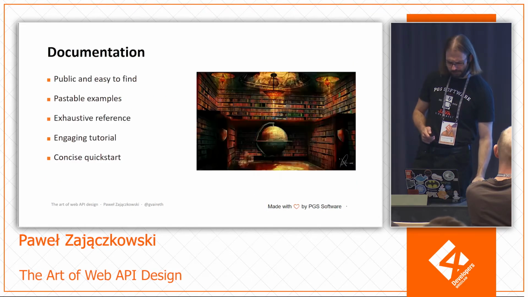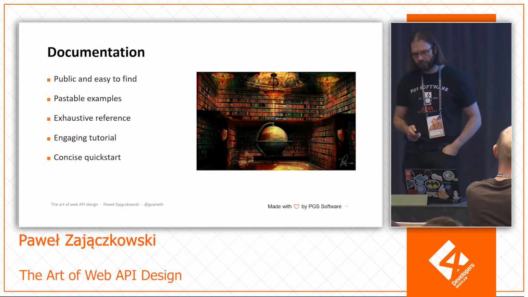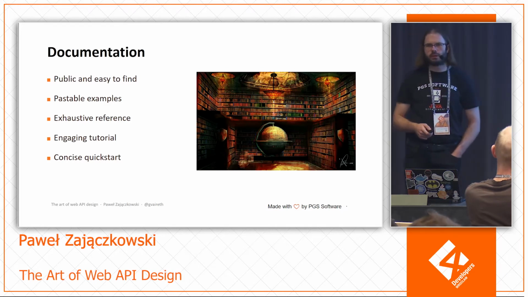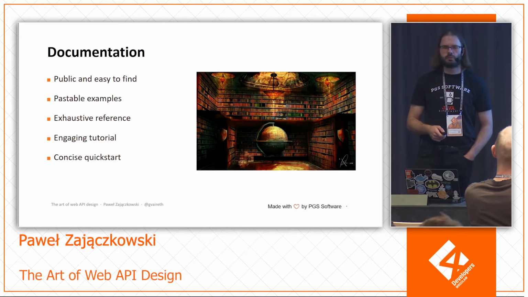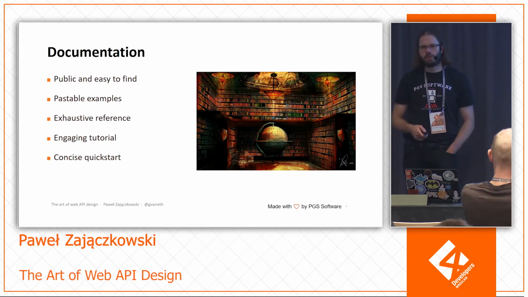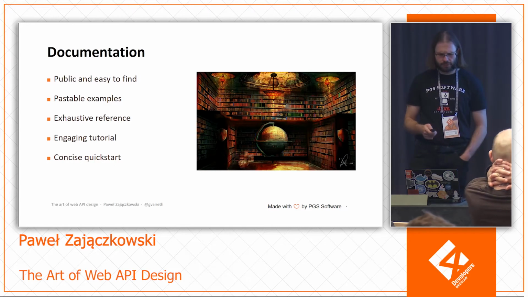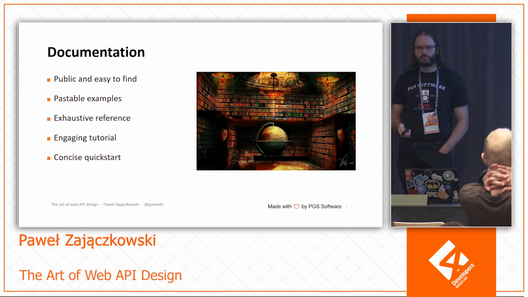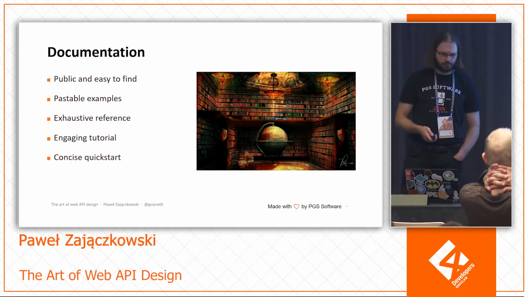Okay, going to the soft side, documentation. So we have, let's say, 3 tiers of documentation. First, you have an exhaustive phone book where everything is exactly documented and our options are enumerated, and it's incredibly boring. On the other hand, we have this engaging tutorial where we have some kind of business story and a flow, maybe some examples with requests and purpose of them. And there's a quick start where the developer can just paste something and start with that.